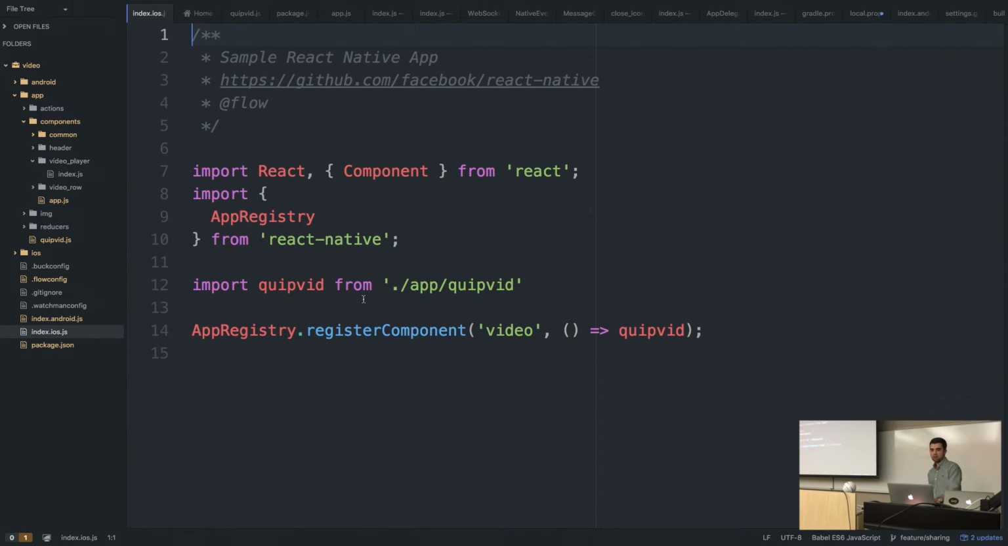So essentially, we have a module or a file that I'm exporting called QuipVid that I then render to the view, which you do with AppRegistry.registerComponent, and you only have one of those per application. It basically just renders it out into the main view thread of iOS or Android or whatever platform you're using. And so if you go into this QuipVid file right here,